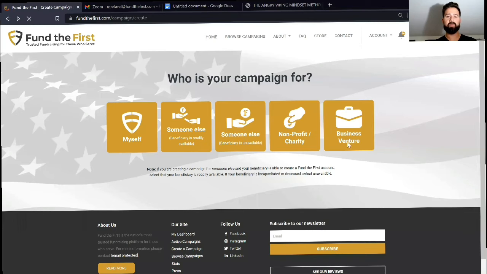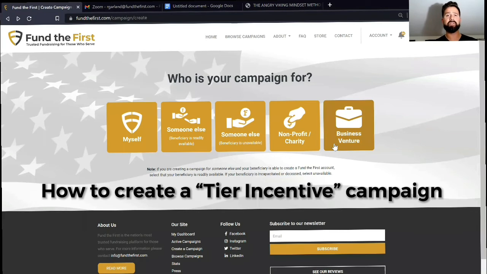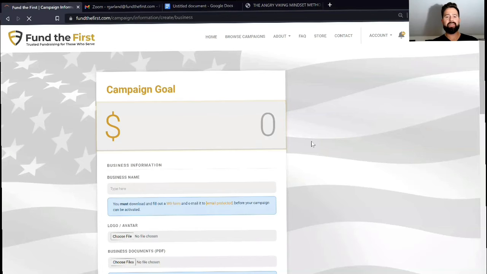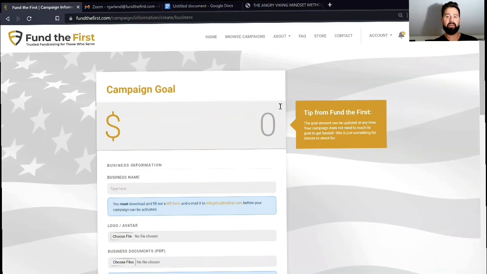Now, the other campaign that we have is Business Venture. This is actually being edited. We're changing this to a tier incentive type campaign, and I'll explain why. So Business Venture campaign, you can't click that unless you're verified. Now, why we do that is because we want to make sure that you're creating this campaign as a verified first responder, military, medical provider, nurse, or teacher, because here you have an opportunity to raise funds on behalf of